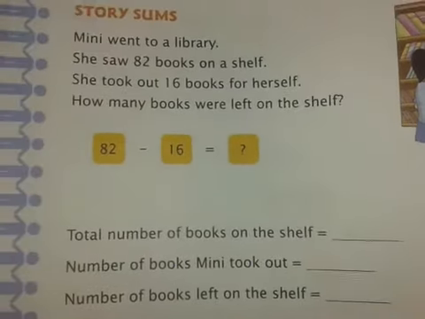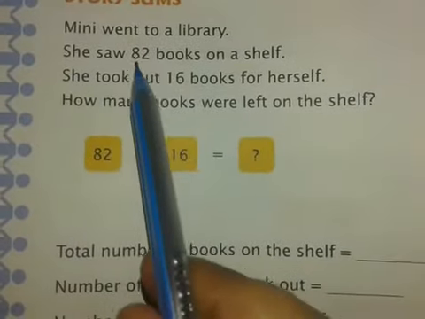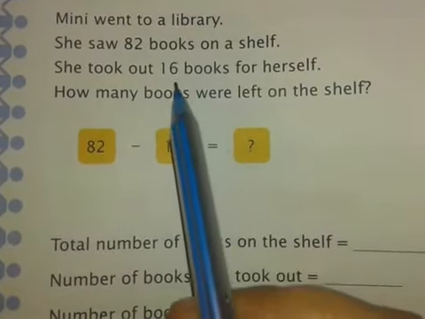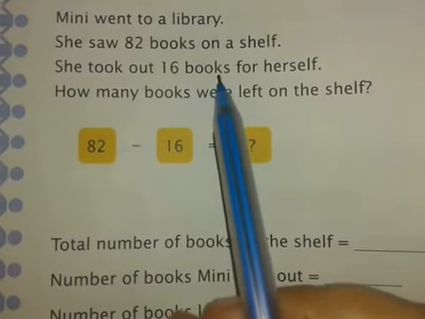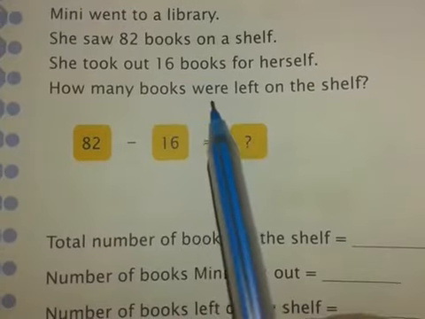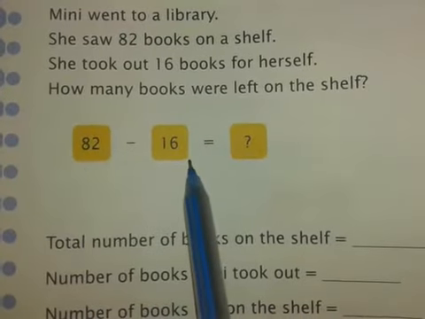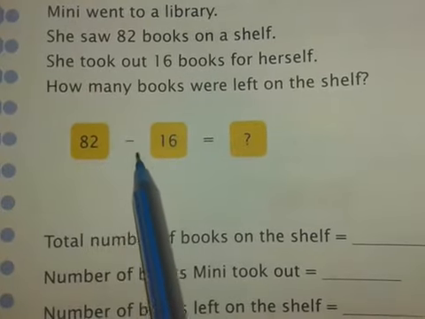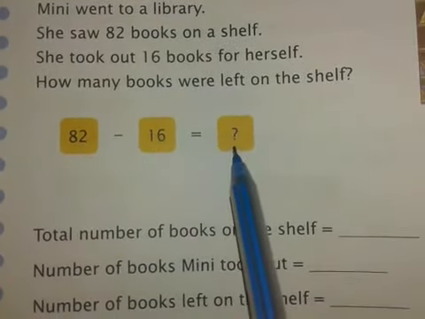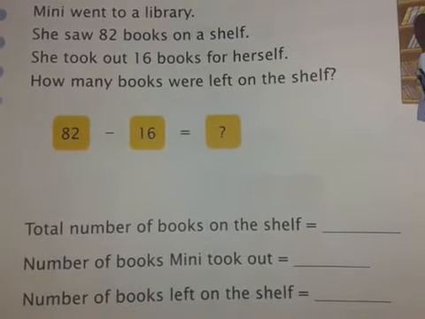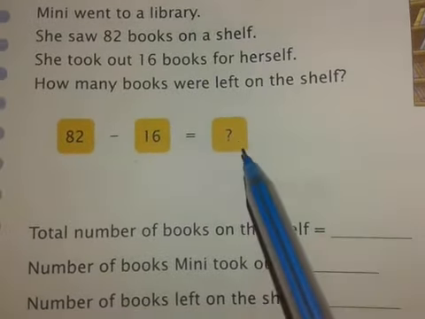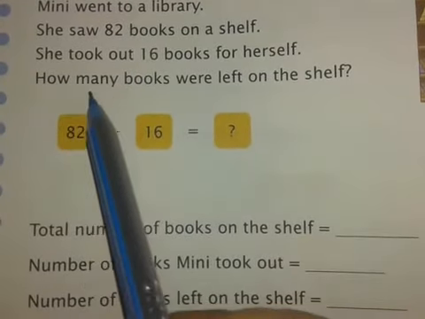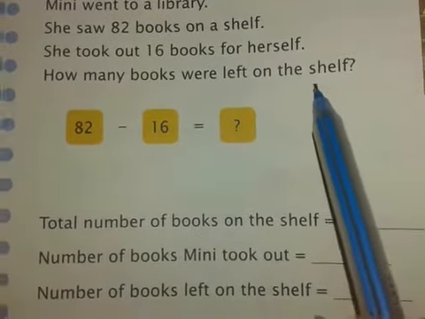So here again, I will explain how to do it. The two numbers are 82 and 16. 82 is the number of books that were on the shelf. 16 is the number of books she took away. And you have to find out the number of books left. This is the operation to be followed. 82 minus 16. Number of books left, in brackets 82 minus 16, and you will do the subtraction because the numbers are already written on the right hand side and then you will write the answer. In place of how many, you will write books were left on the shelf.